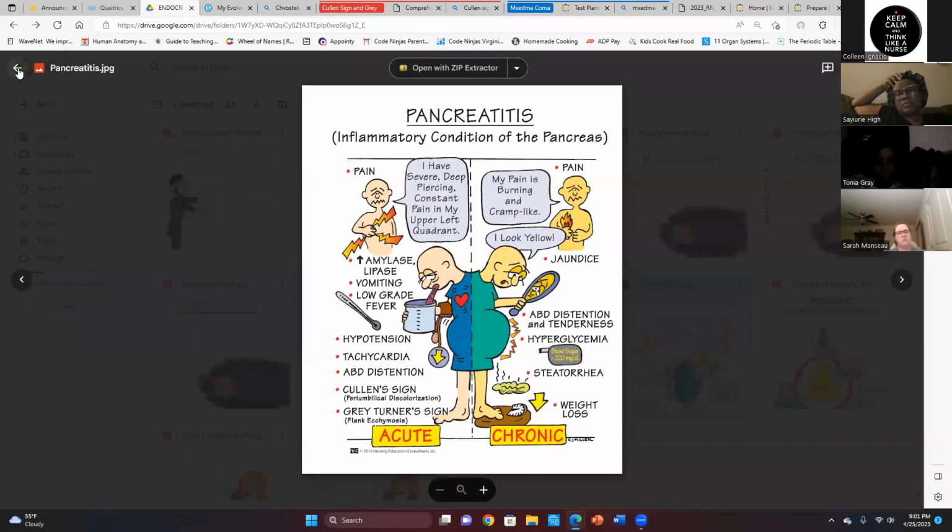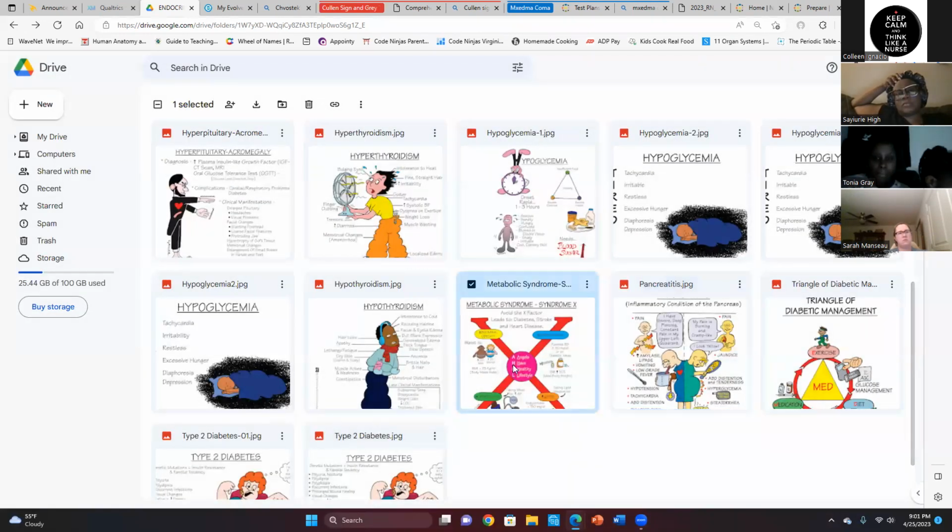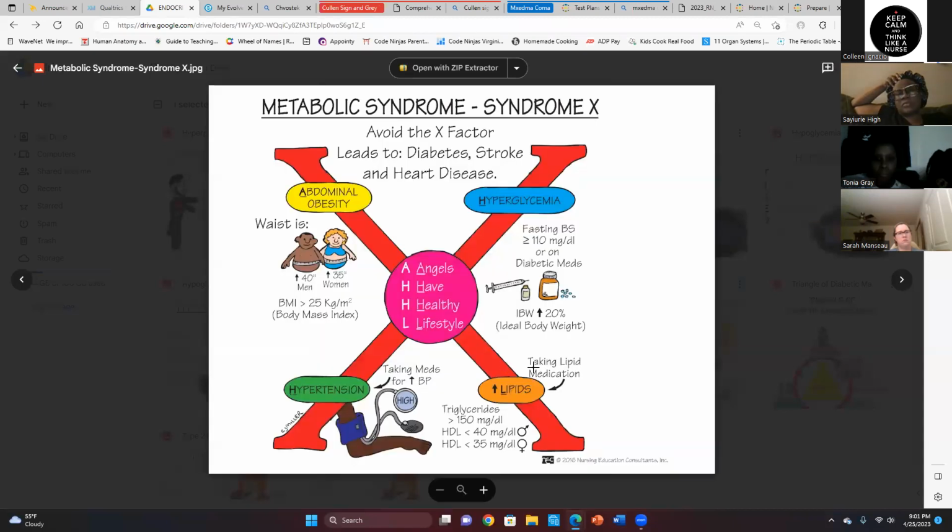Okay, I'm going to talk about metabolic syndrome, because that's going to get us to where we need to be for diabetes, and we're going to go into our DKA scenario. So metabolic syndrome, right? Because I have military experience, I think about the deadly force triangle. So I kind of like to think of metabolic syndrome as a deadly triangle, but it's actually like an X in this one. Maybe it should be like a deadly quadrilateral. I don't know, but